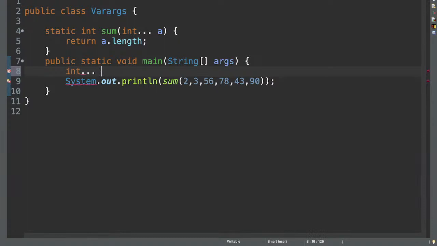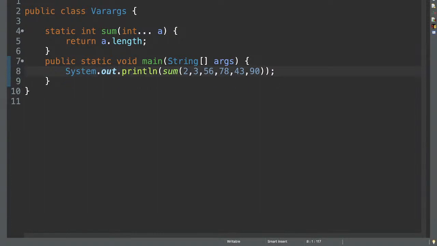I have given 3 dots int and let me give the variable name as j. Can we do it this way? No, we cannot. We get an error, correct? It doesn't understand what these 3 dots are at this moment,